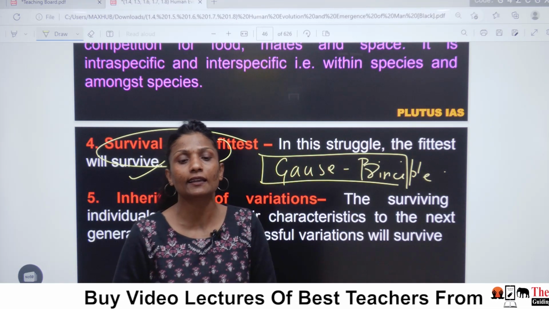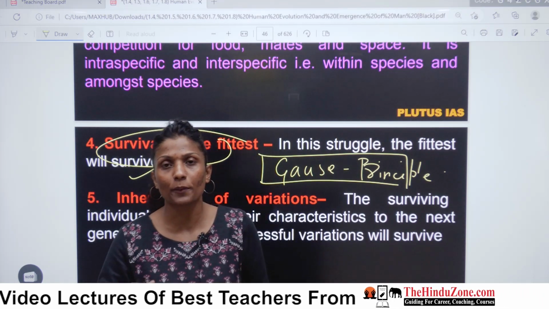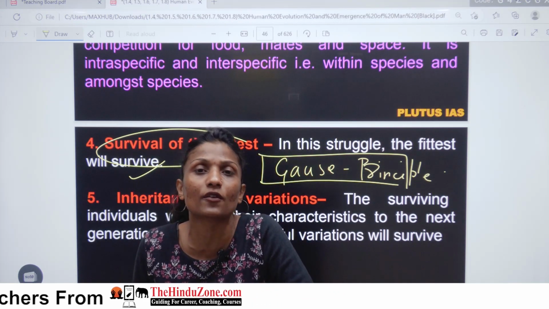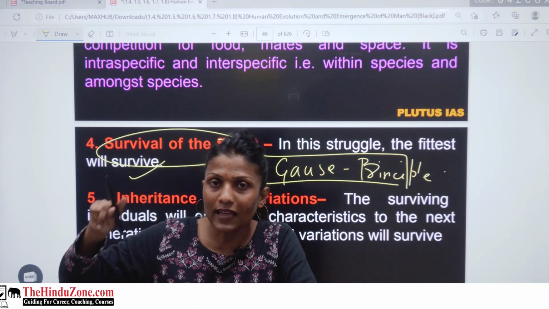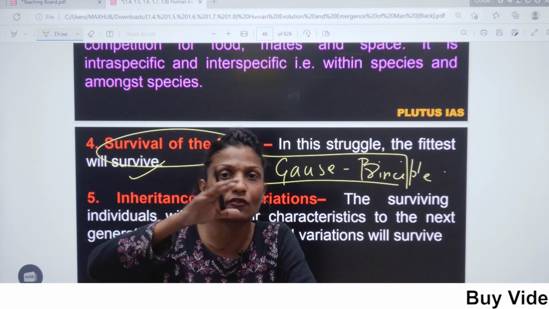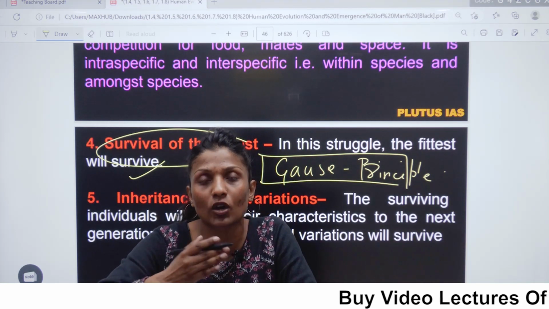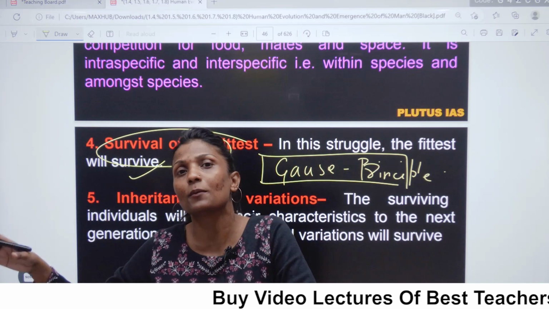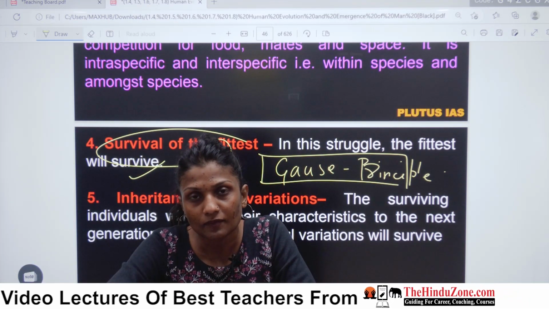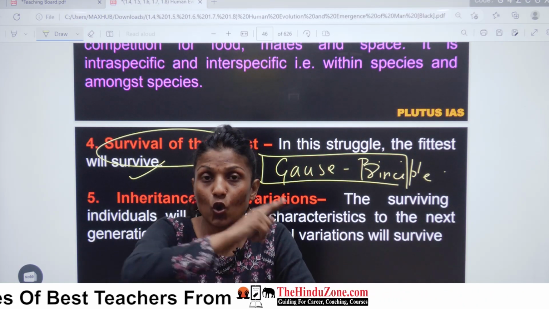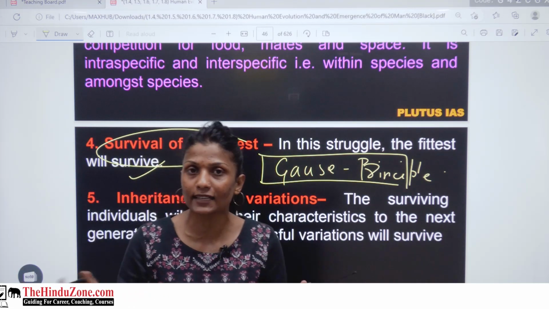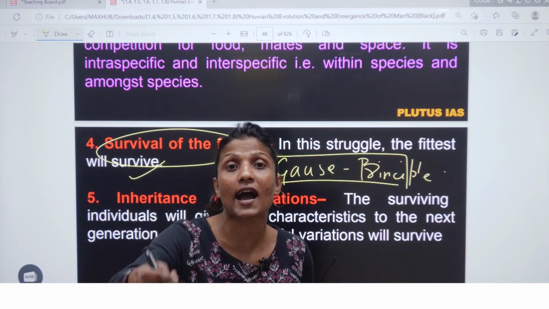Gause's principle is also saying that naturally in the environment, if we are having species who are competing for similar resources, in that struggle only that species will survive who can get control over those resources, and there will be a natural struggle, conflict between those similar organisms competing for the same resources. So this is Gause's principle. So Gause's principle you can very well apply to Karl Marx's theory of class struggle as well. And this is what your original ideas.